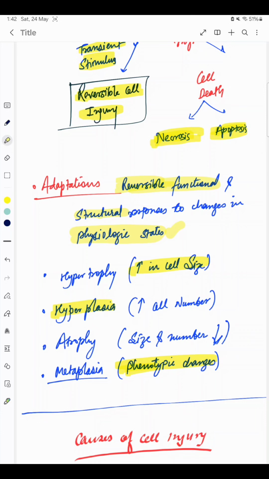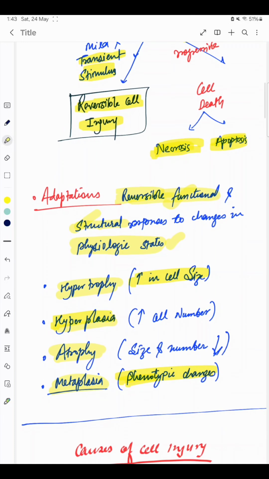In response to that stressful condition, functional and structural changes occur in a cell to withstand this adverse condition. They can be hypertrophy, in which there is an increase in the cell size, hyperplasia, the number of cells increases, atrophy, size and number of cells both decrease, and metaplasia, in which the phenotype of